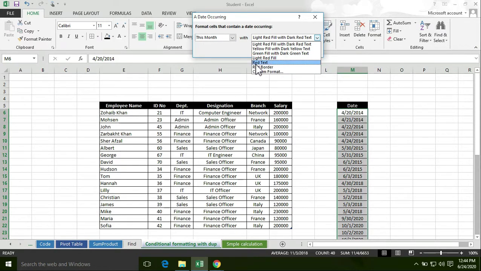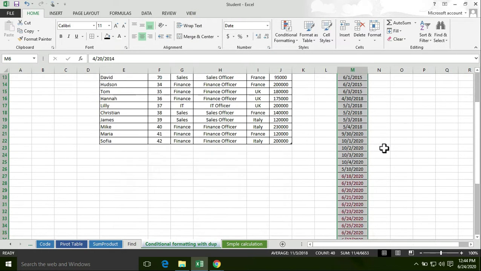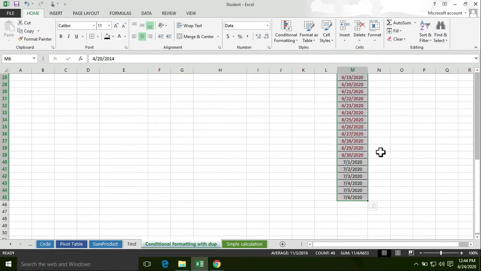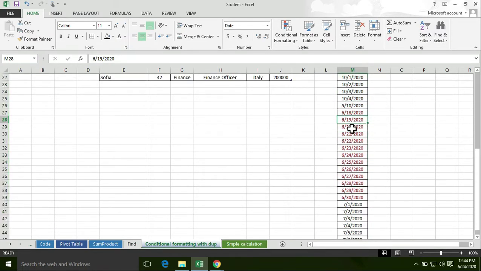This time I'm going to select red text. Click on OK button. Now the current month dates are highlighted: 18 June, 19, 20 June, 21, 22 June, 23, 24 June, 25 June, 26, 27, 29, 30th June. Today is 24 June.